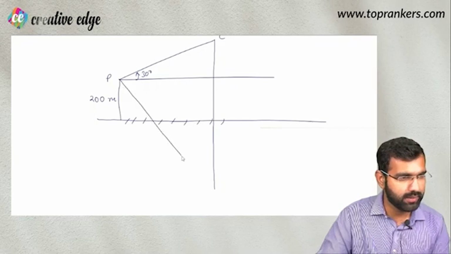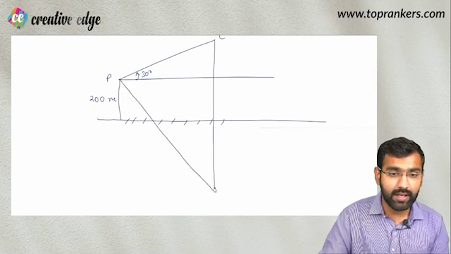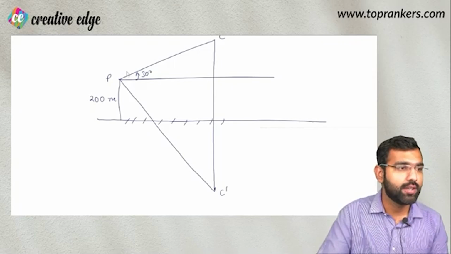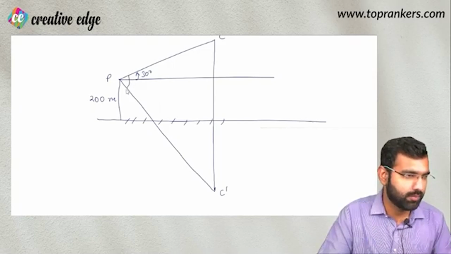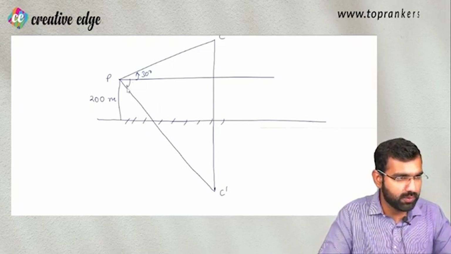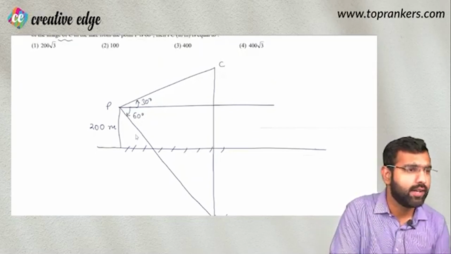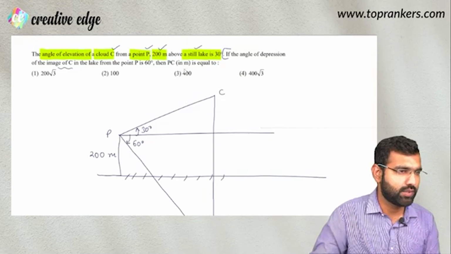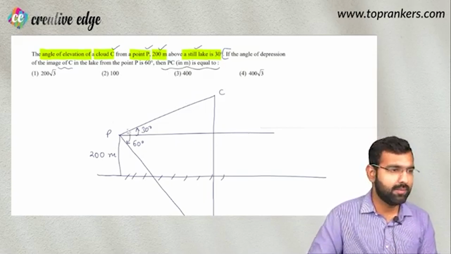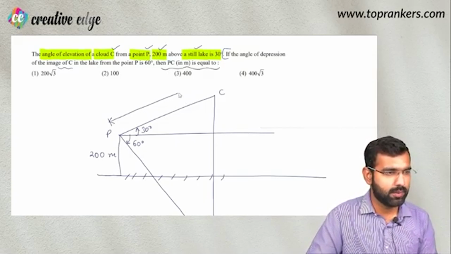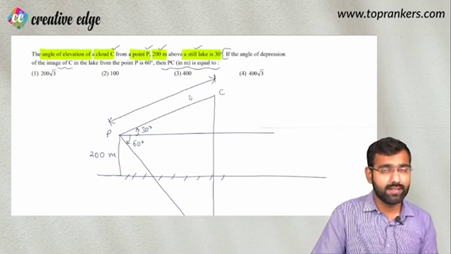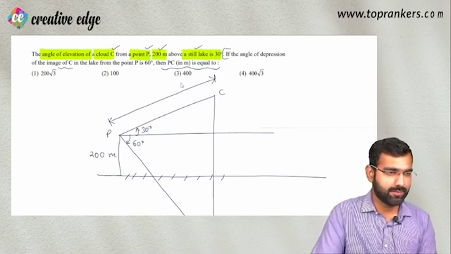वेल दैट एंगल ऑफ डिप्रेशन फ्रॉम दिस पॉइंट P इन द लेक, राइट। तो जो C का इमेज है, लेट्स कॉल दिस C डैश, ये जो इमेज है इसका एंगल ऑफ डिप्रेशन फ्रॉम दिस पॉइंट P। नाउ एंगल ऑफ डिप्रेशन इज गोइंग टू बी दिस एंगल, एंड दैट एंगल इज नथिंग बट 60 डिग्री। आई होप यू आर क्लियर विद दैट। नाउ व्हाट आर वी आस्क्ड फाइनली, दैट्स द क्वेश्चन। वो PC की लेंथ पूछ रहा है। PC मीन्स दे आर आस्किंग यू दिस लेंथ, कि उस P पॉइंट से इस क्लाउड की डायरेक्ट डिस्टेंस कितनी है, दैट्स व्हाट यू आर आस्क्ड।